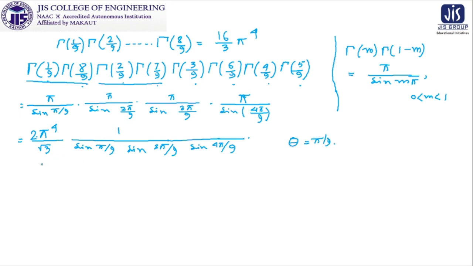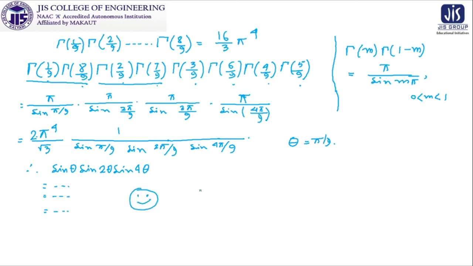So our problem is now converted to sine theta, sine 2 theta, sine 4 theta. After this, we have to do the calculations using trigonometric properties, the 2 sin C sin D formula, and using that, this is